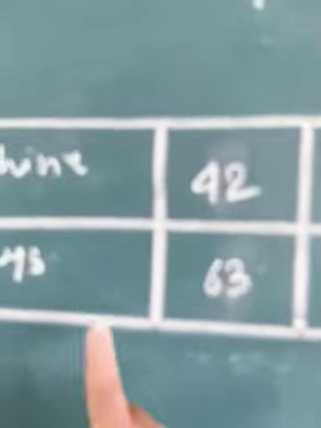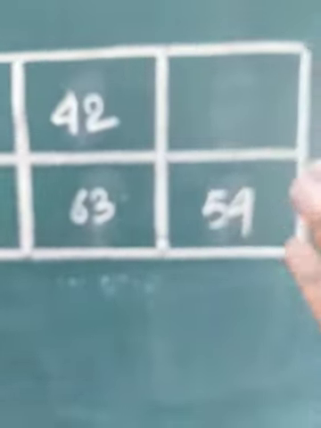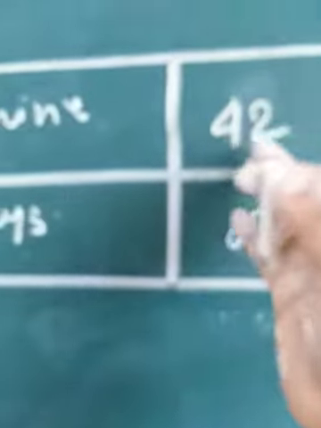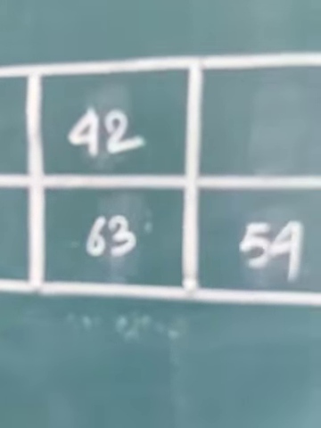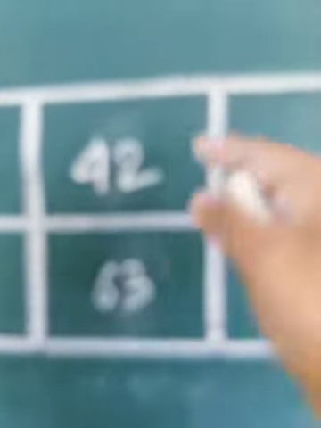Now, if we have to produce the same number of articles in 54 days, that is what is written in the second sentence: if the same number of given articles needs to be produced in 54 days, how many machines would be required? So you see the workload has increased, the number of days has decreased. Now obviously 42 machines cannot produce the given number of articles in this number of days, isn't it? So obviously the number of machines needs to be increased now.